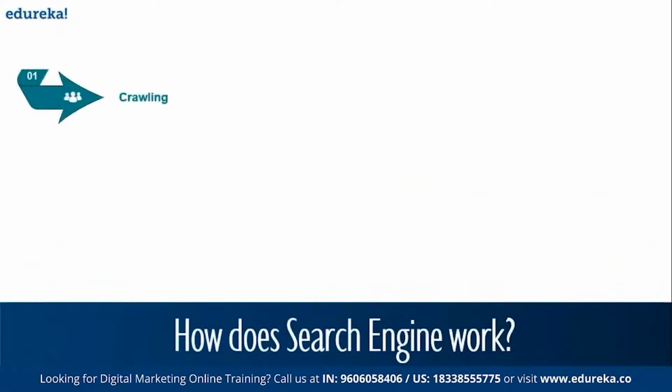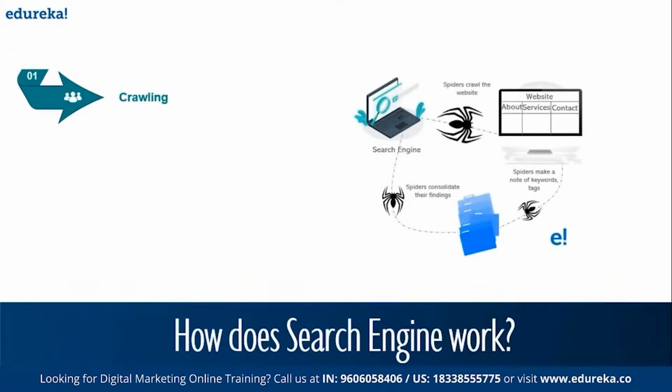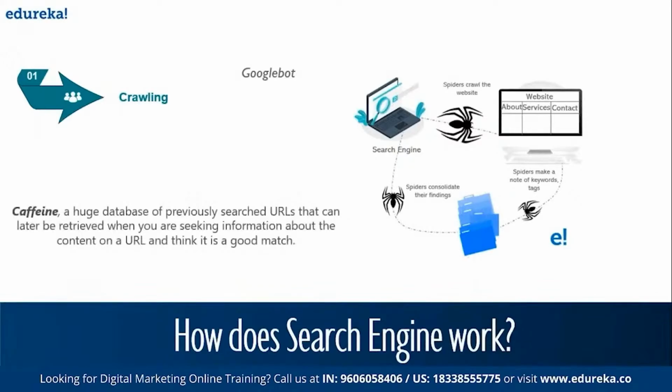So what is crawling? Crawling is the discovery process in which search engines send out a team of robots, also known as crawlers or spiders, to find out new and updated content. Now let me talk to you a bit about robots, or as we call them, bots. An internet bot is nothing but a software application that runs automated tasks over the internet. Tasks run by bots are typically simple and they are performed at a much higher rate compared to human internet activity.